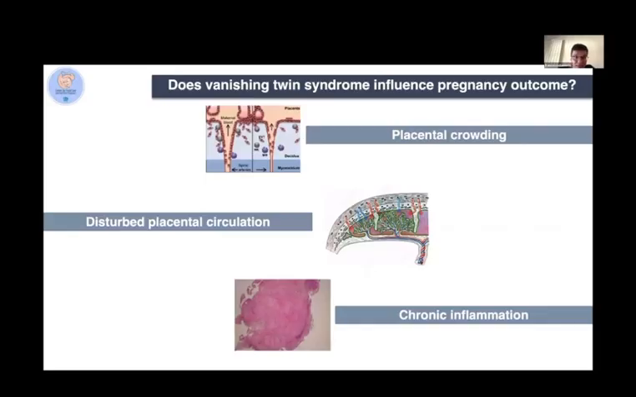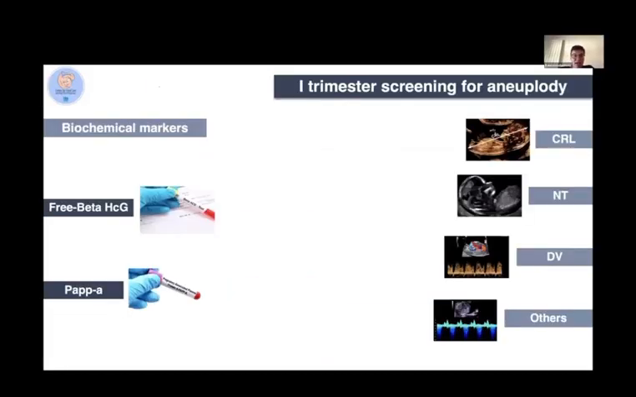And of course, another potential explanation might be the chronic inflammation coming from the release of necrotic tissue or prostaglandins from the diseased fetuses. Of course, we do not have a clear explanation, just some hypotheses. But we know that, even if there is a controversial association between the vanishing twin syndrome phenomenon and the occurrence of adverse pregnancy outcomes, this condition might influence the first trimester